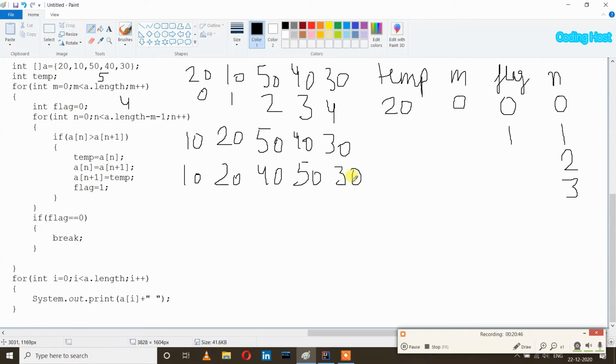So 50 is larger than 30, yes, true. And it will execute these statements. So the values of 50 and 30 will get swapped. So after swapping it will become like this. So we get 50 at the last, and flag equal to 1, so flag will remain 1 as it is. And after that n plus plus, so now n will become 4.